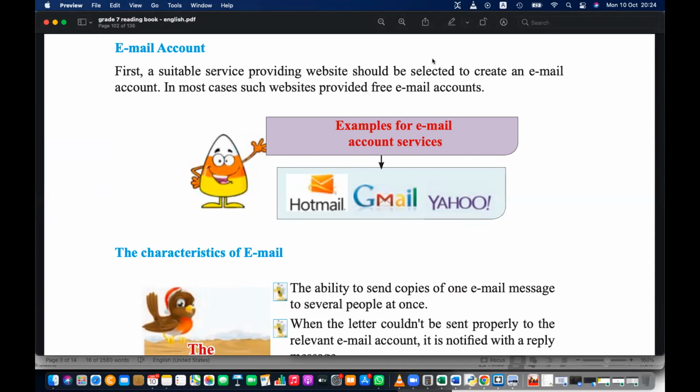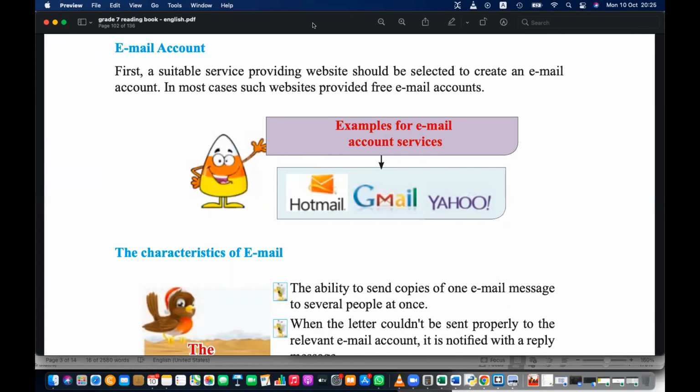It is a bit slow to send and receive mail. It will take some time, at least 3 days to send and 3 days to receive. It should physically reach the destination, and the receiver should be available at the physical destination. Let's say you have gone on a trip and you got a postal mail. Until you return, you will not get that postal mail. That is the nature.